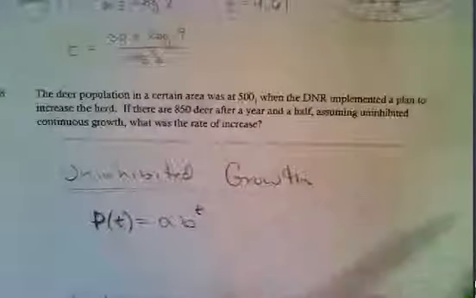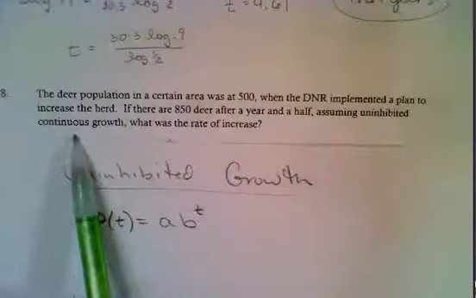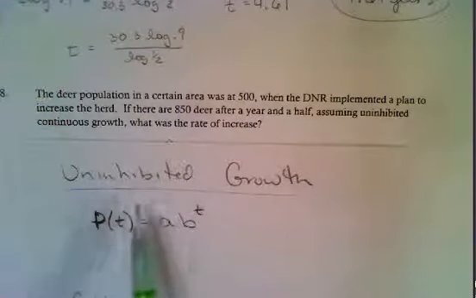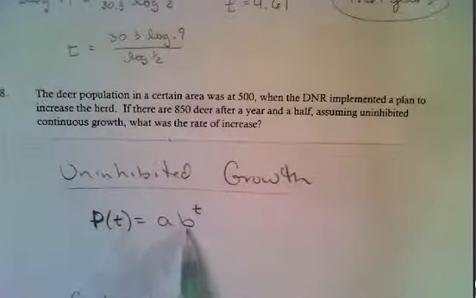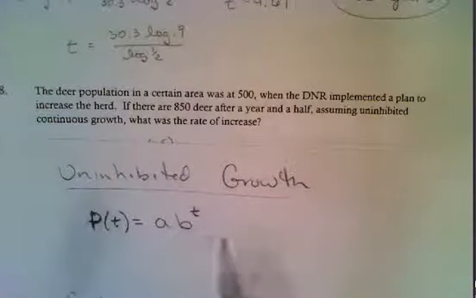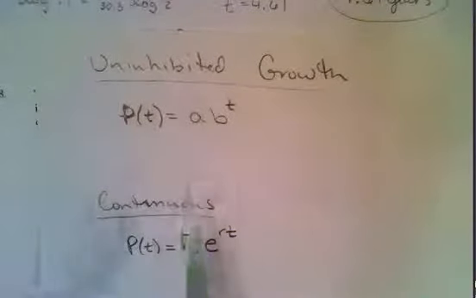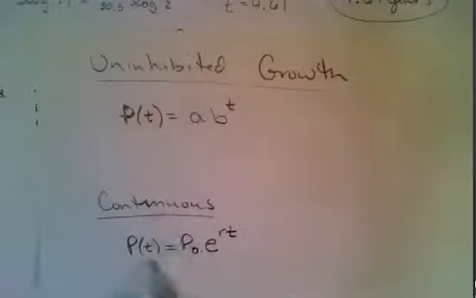So number 7 talks about uninhibited growth, but number 8 says continuous. Usually if we think about uninhibited growth, we just think of it as an exponential, a times b raised to the x, or a times b raised to the t. So you can use that one. Number 8 specifically talks about continuous. So I would accept either of those formulas, but because of the word continuous, if you want to use the